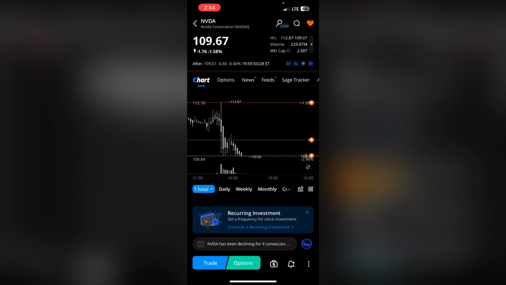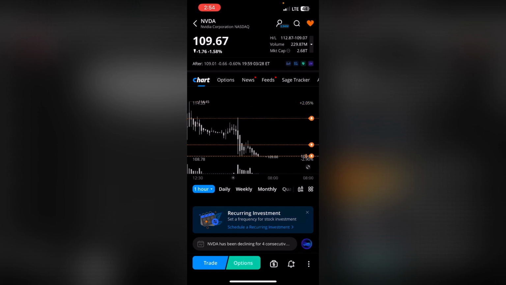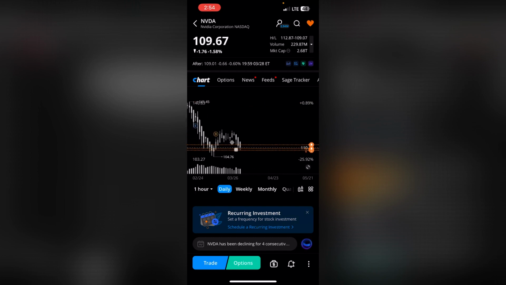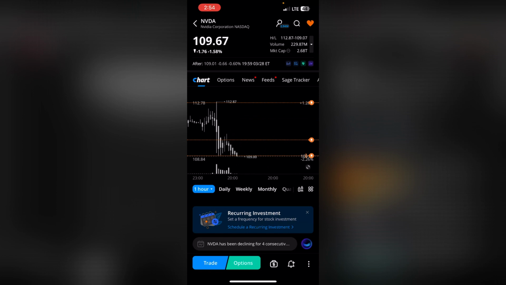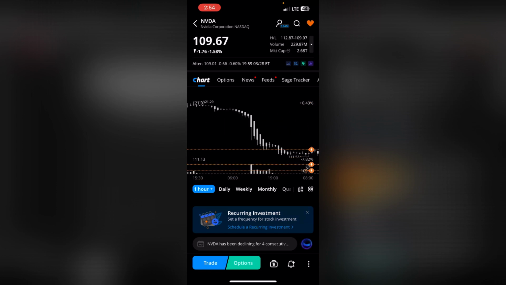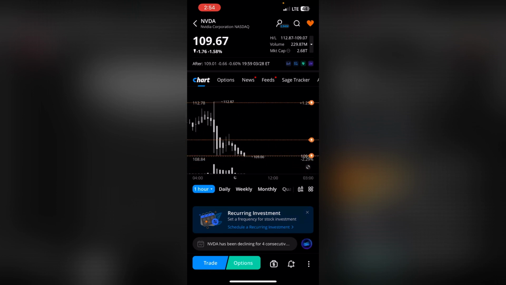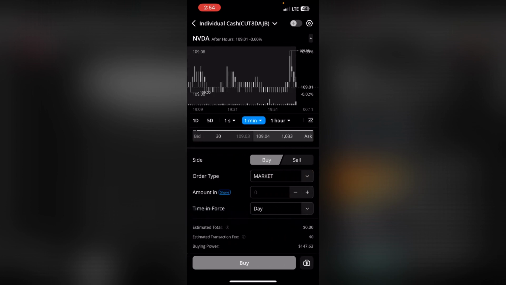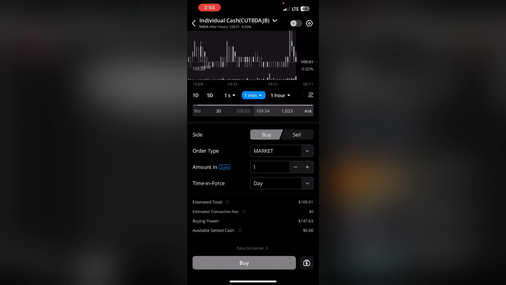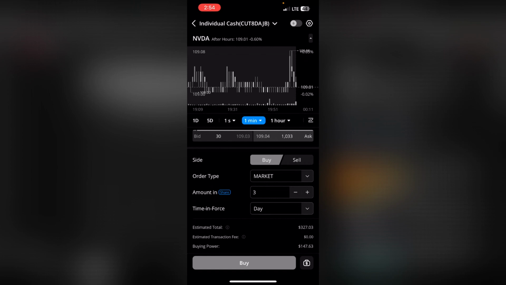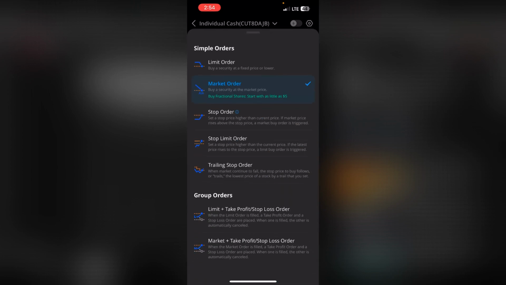To trade Nvidia and buy regular shares. Let's say you want to buy Nvidia right now, and you think it's gonna go up to 112. You can just buy any amount of shares that you have the money for at any time,